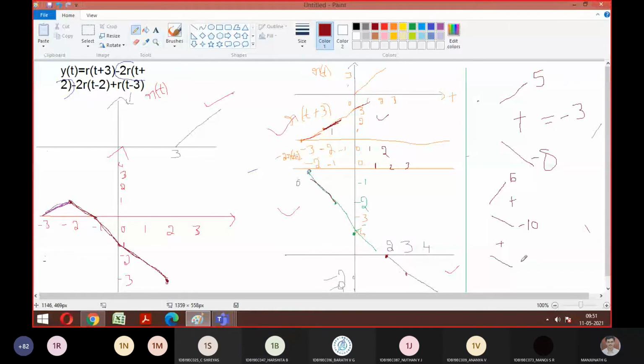So there are no changes at this junction, so I can add only this. So it's 6 - 10 - 2. How much? -6, sir. Good. So -6. So it means for 2 to 3, the graph will again go till -6. So here you can write the amplitude of -6. You can extend that till there. Is it okay till 2 to 3 for everyone? Yes, sir.